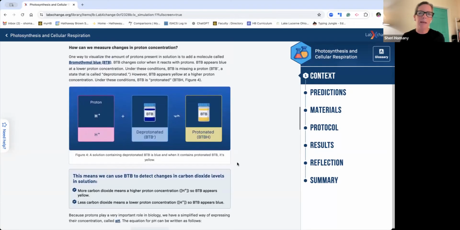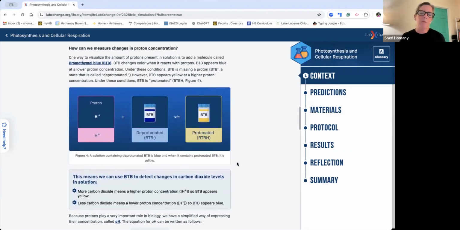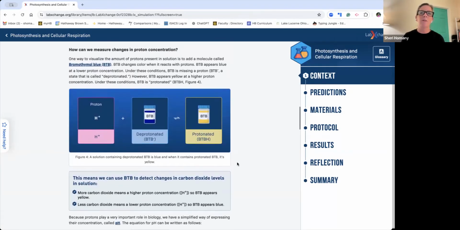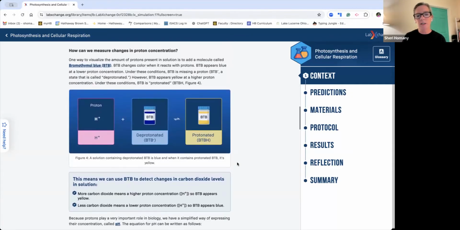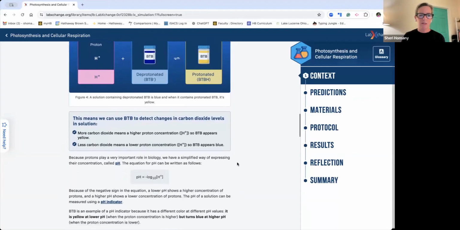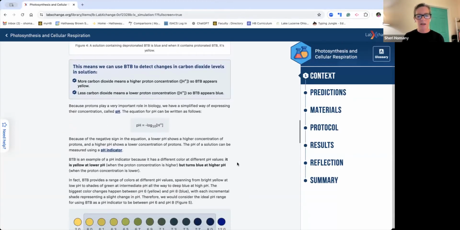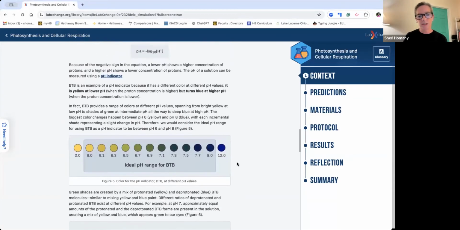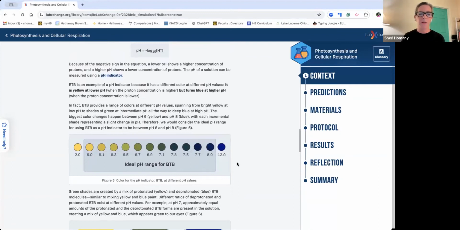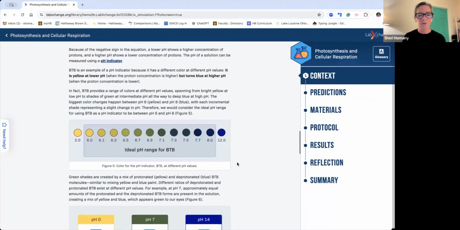At a moderate pH, bromothymol blue turns yellow when there are higher levels of CO2 and more CO2 available to react with water to form carbonic acid, increasing the proton concentration, the hydrogen ion concentration, and lowering the pH. Students test their understanding of this relationship between bromothymol blue and CO2 concentrations